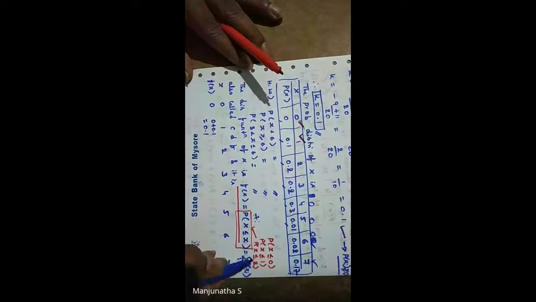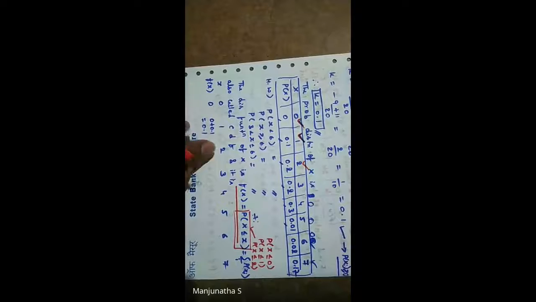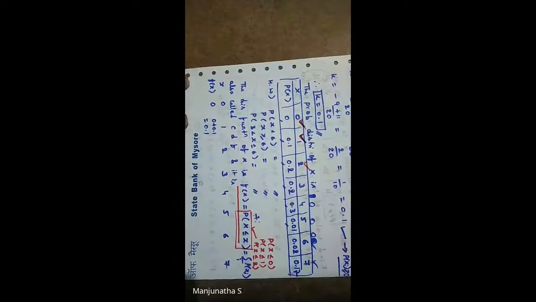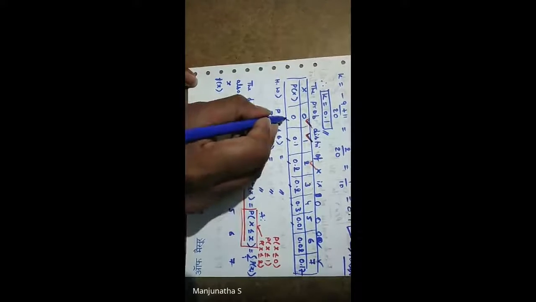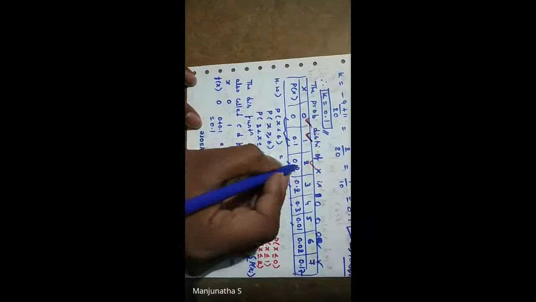Next, x less than or equal to 2. So that means this one and this one for 2. That is called cumulative distribution. And I have given an example also while explaining cumulative frequency. In statistics you have already done that. That is the basic thing. So see the previous added one. Up to here you know already 0.1 plus now it is 0.2, so it is equal to 0.3.